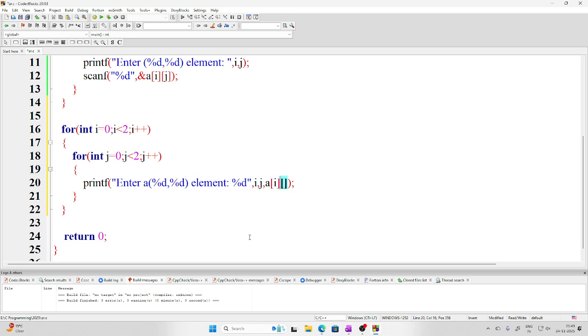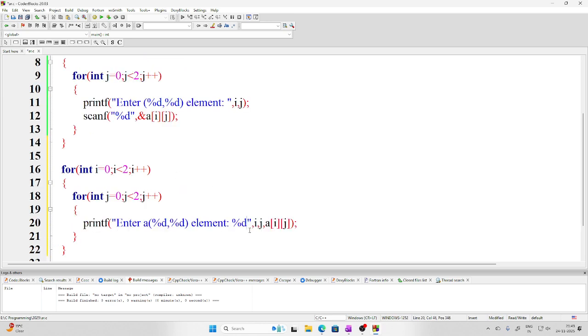Once the j part is over for a particular i, then we have to come to the new line, so that it looks more elegant. So if you run it now,